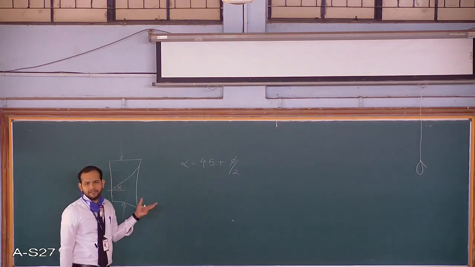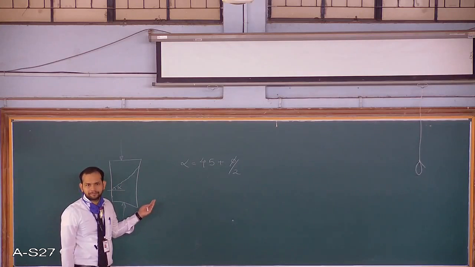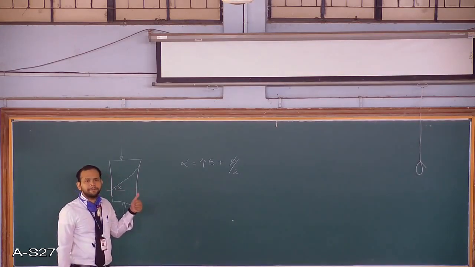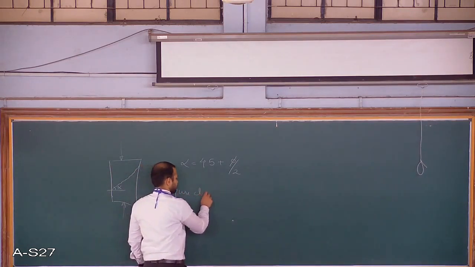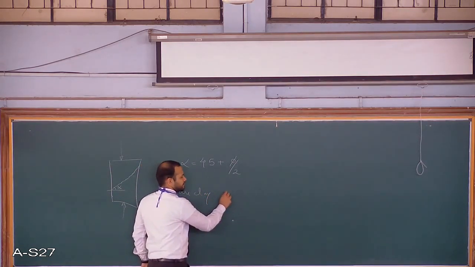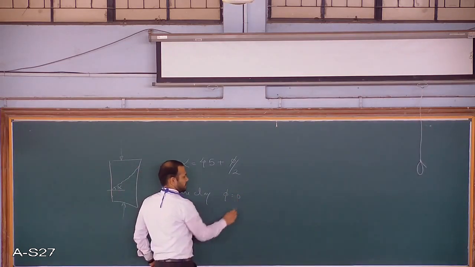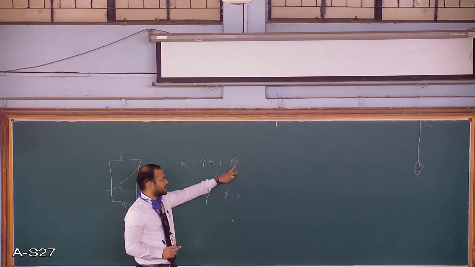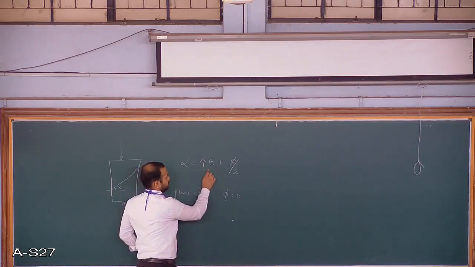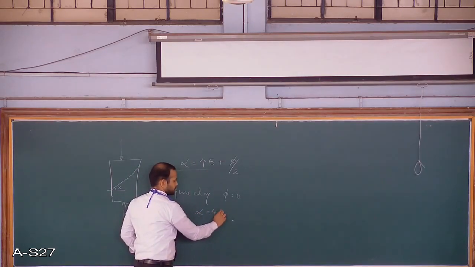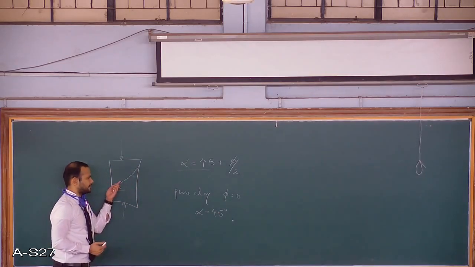Once this sample is tested and failed, we can measure this angle using a protractor. Now if it's a pure clay soil, what is the value of phi? It is 0, right? So you put this value in here. What is the value of alpha here? The value of alpha is 45 degrees. If it's a pure clay soil, you will find that the sample will fail at 45 degrees.